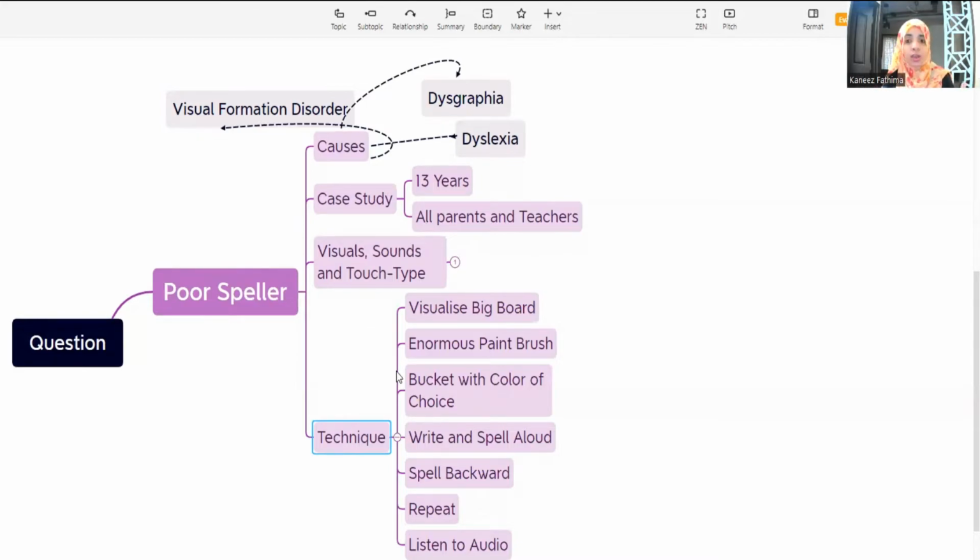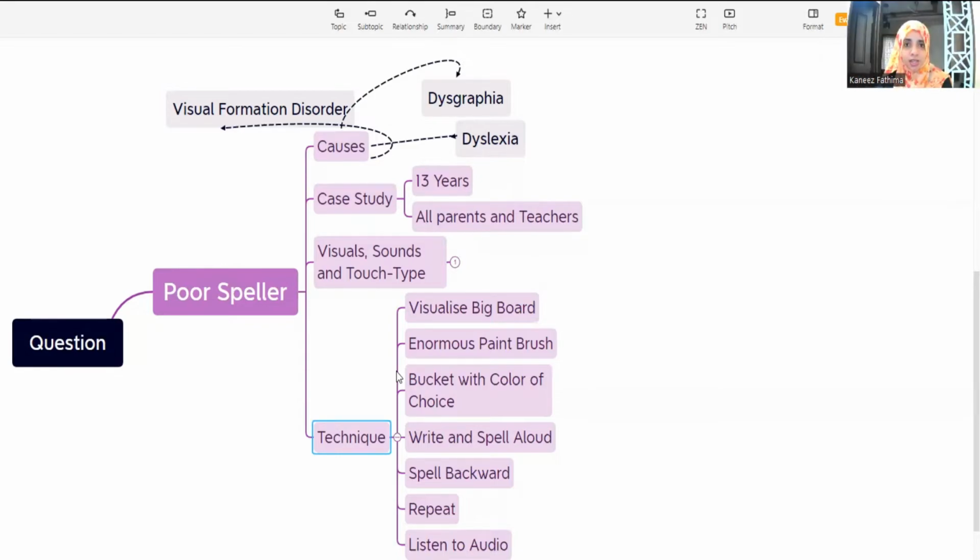Maybe he wants to have a black, white or green board, anything. But let him visualize a very big sized board. And then ask him to visualize a paintbrush dipped in a bucket of paint, any color of his choice. That is, allow him to visualize the color that he wants,